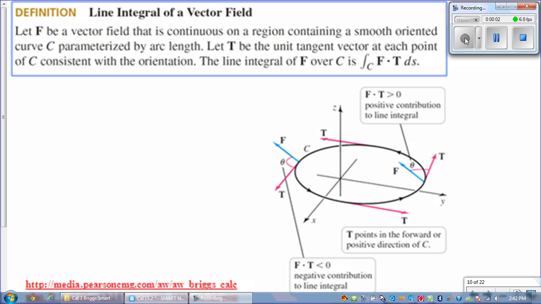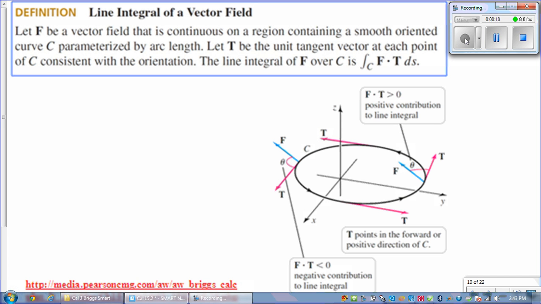Okay, line integrals along curves in R2 or R3 may also have integrands that involve vector fields. Such line integrals are different from the scalar line integrals in two ways. One, vector line integrals must be evaluated on oriented curves, and the value of the line integral will depend on